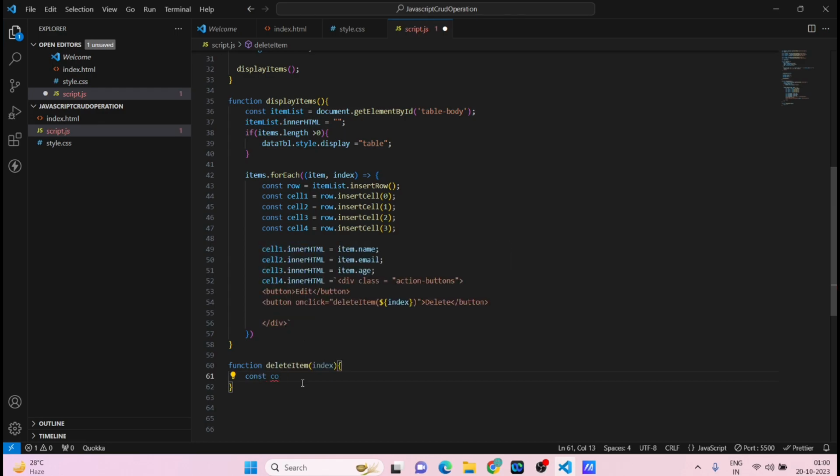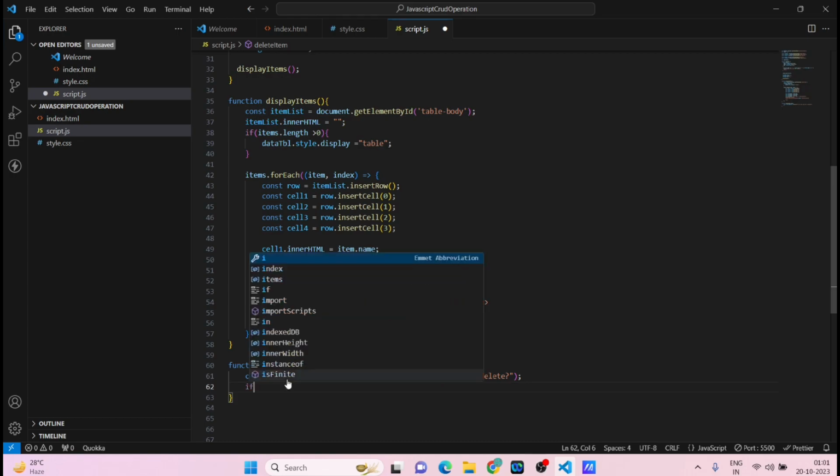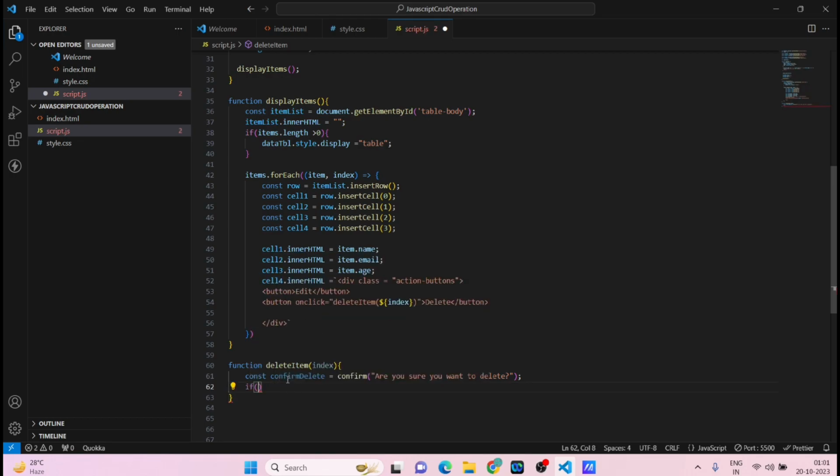const confirm delete. This will ask for confirmation: confirm, and in double quotes, "Are you sure you want to delete?" This will ask, and once it is yes, then it will check if confirm delete,